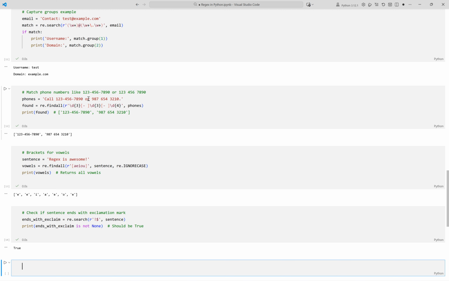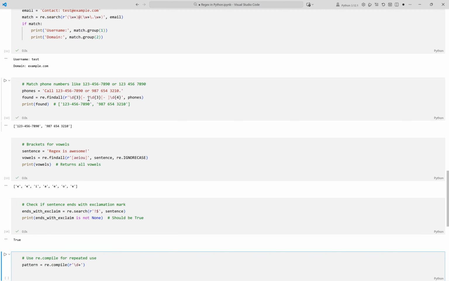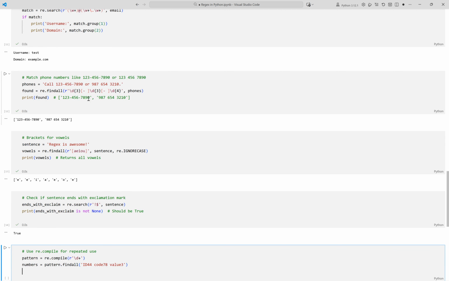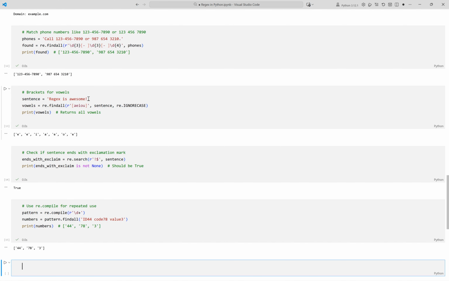Compile a pattern once to use it many times. Use \d+ to match one or more digits. Find numbers in a new string using the pattern. Print the list of numbers. Running the cell now. This output shows the numbers extracted from the string using the compiled regex pattern \d+, which